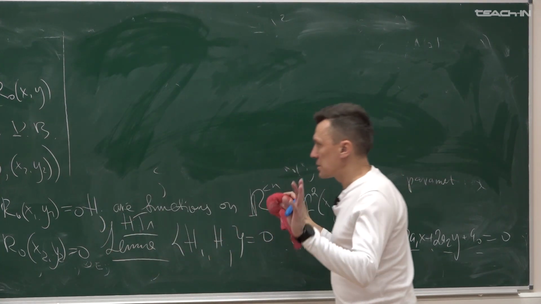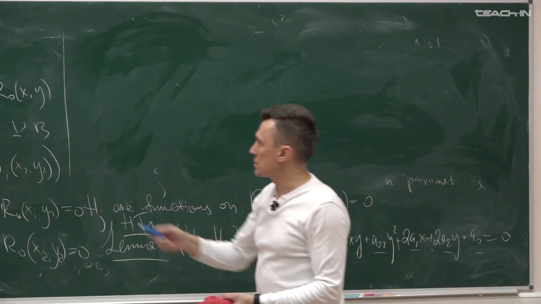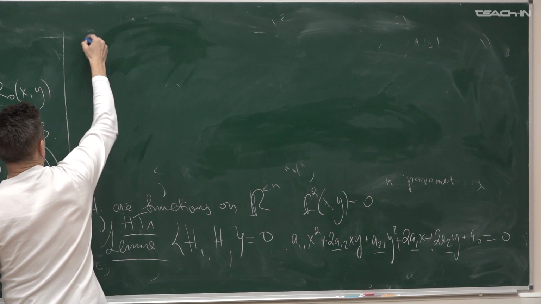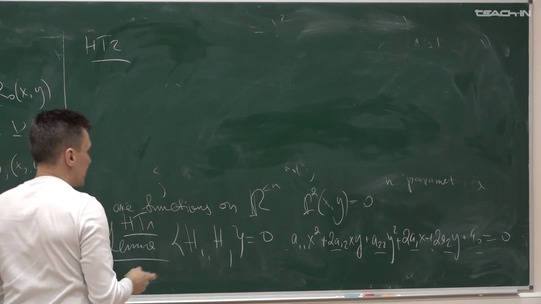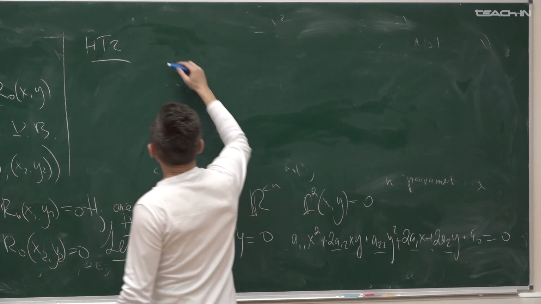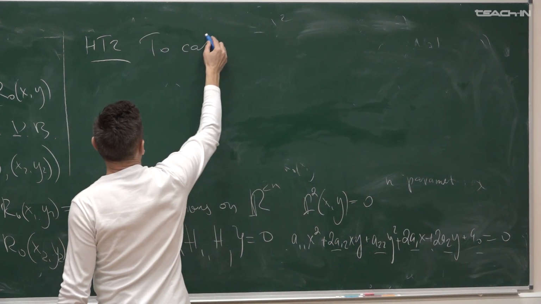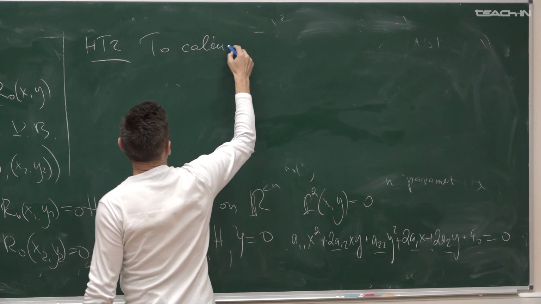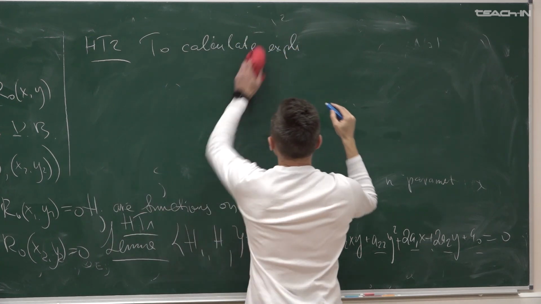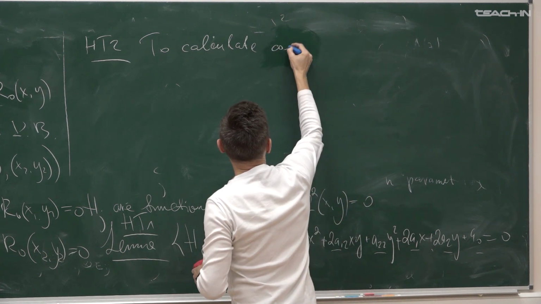This is true for all generic choices of polynomials Ri, and home task 2 will be to calculate explicitly the coefficients